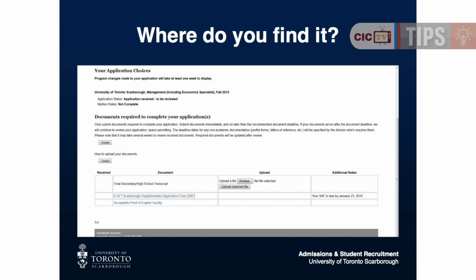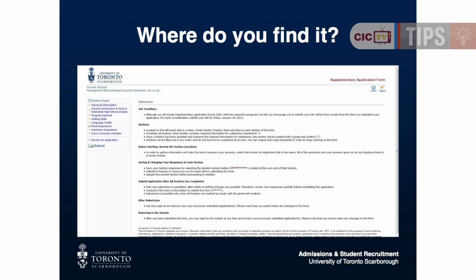There will be a link within Documents. Click on that link to get to the SAF, and it will take you to the SAF home page that has instructions for completing the SAF. Please, please read those instructions very carefully. And once you are fully sure that you understand how to proceed,